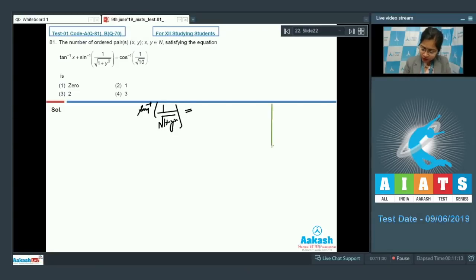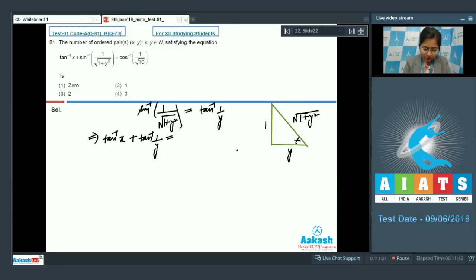We can write it by making a right triangle here. Let's say this angle is theta. This side is 1 and the hypotenuse is under root 1 plus y square, so the other side will be y. So this can be written equal to tan inverse 1 upon y. So the question has become a little simpler. We have got tan inverse x plus tan inverse 1 by y is equal to, now again,